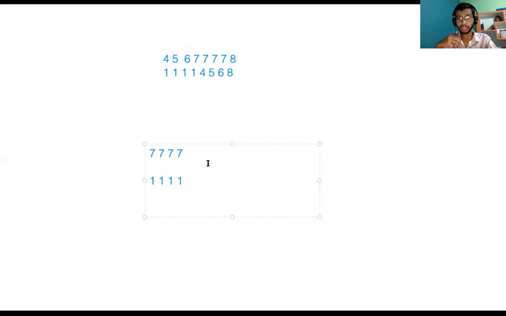And in the case of the second array, we also have to do the same thing. We have to take the half in the second one and then half to the first. So this is the reason. We'll simply consider half of the array elements. If the size of the array is 4, then we'll take the size as 2 and take 7 7. Let's make it 7 7 and make this 1 1, and just consider that we have to swap.